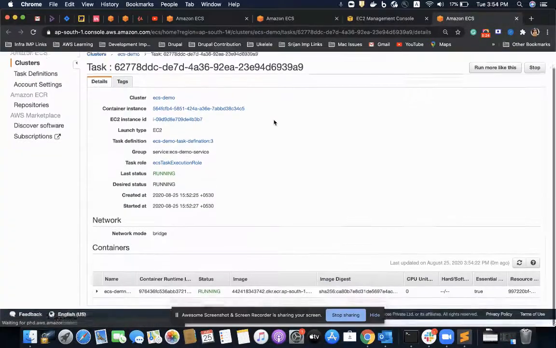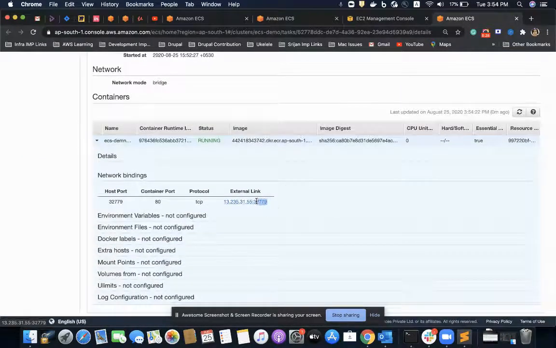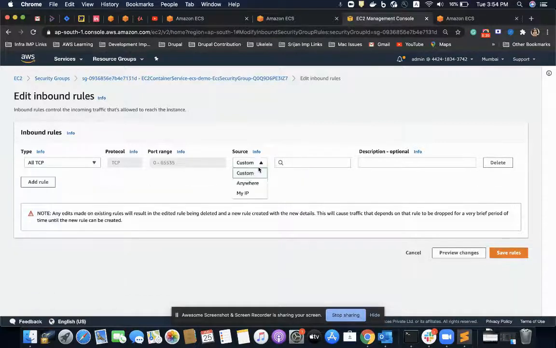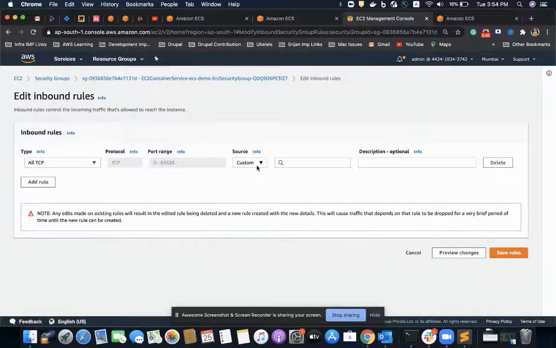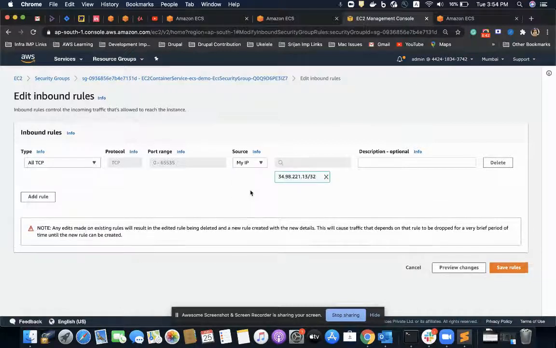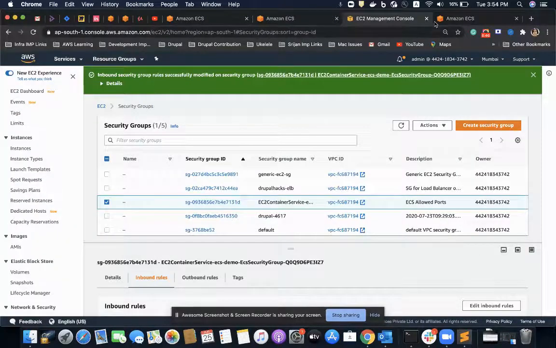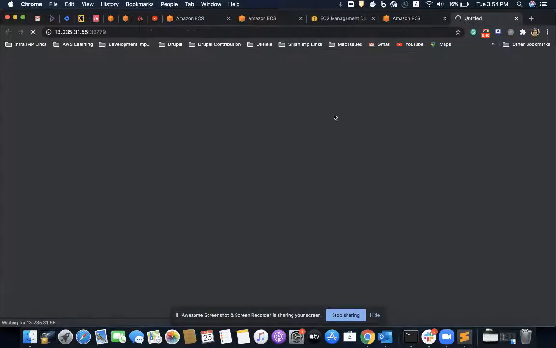So either I can define these ports to be open on the inbound rule, or I can set all TCP, anywhere, or my IP, and then try to access this page.